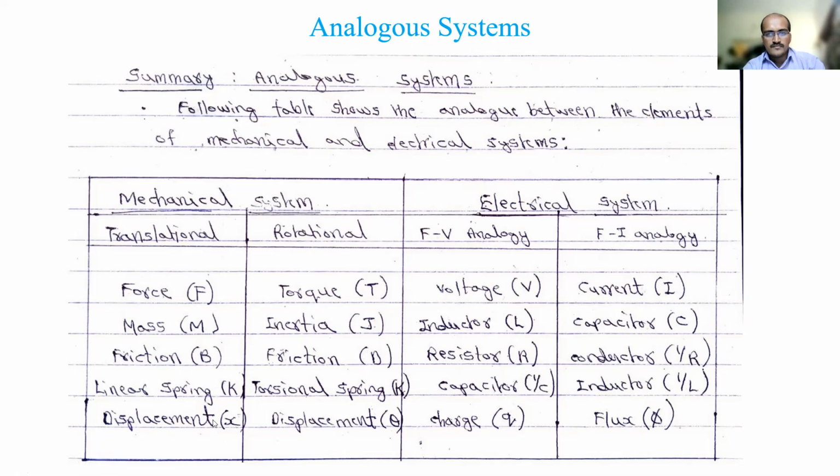Okay, so similarly this can be extended. If you write dx by dt, it will become I of t, and here it becomes V of t. Okay, so I have taken the input, the output, and the three elements. So that we'll see in the problem. So this is the table. Okay, so this is about the analogous system.